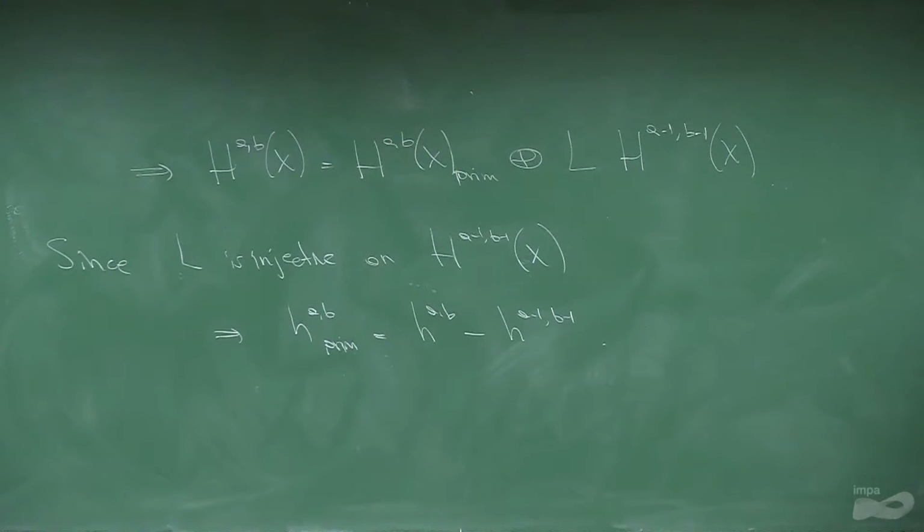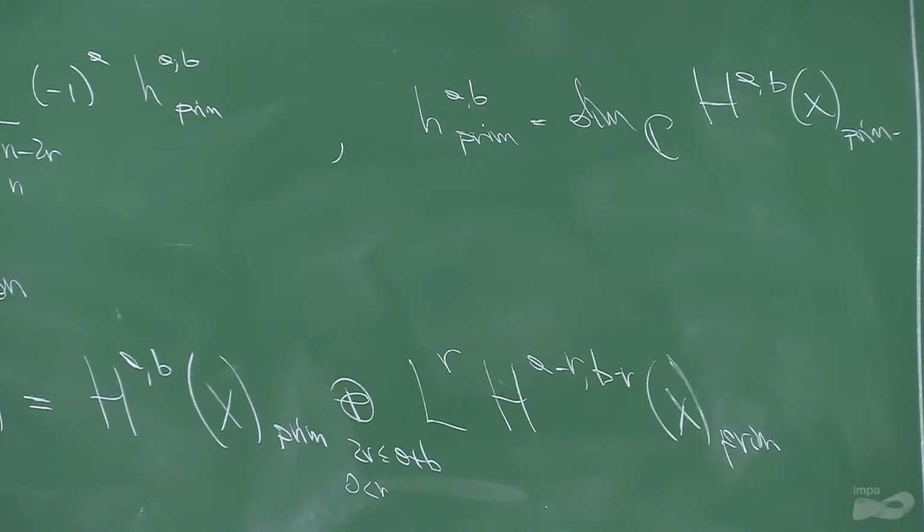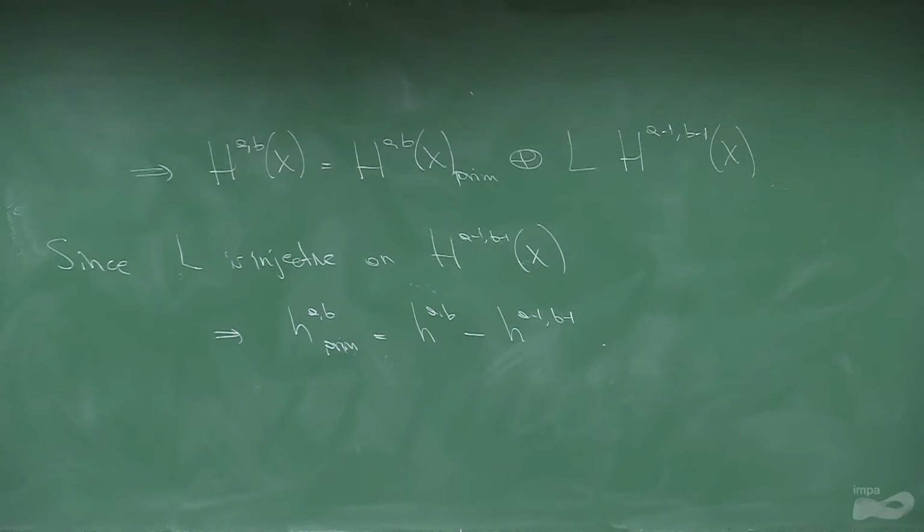So then the signature of Q will be equal to the sum for all a plus b equal n minus 2r, for 2r less or equal than n minus 1, of (-1)^a h^{a,b} minus h^{a-1,b-1}. So this will be equal to the sum a plus b equal n minus 2r, 2r less or equal than n minus 1, of (-1)^a h^{a,b}